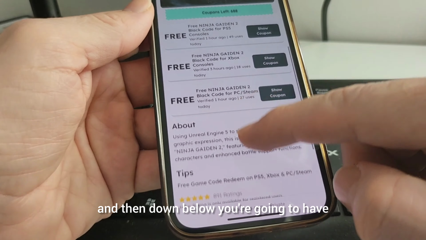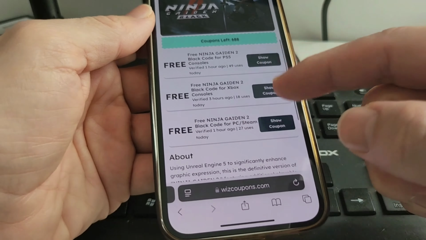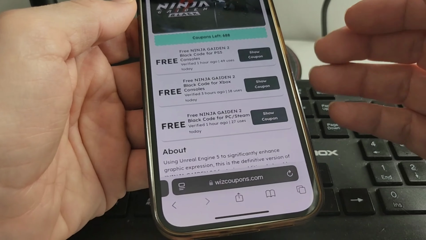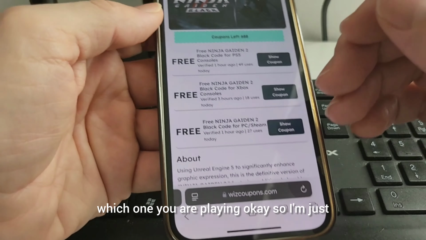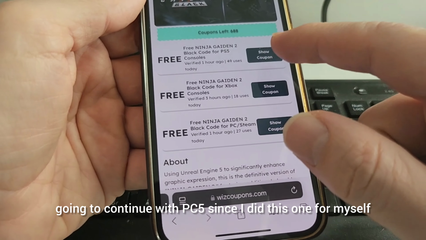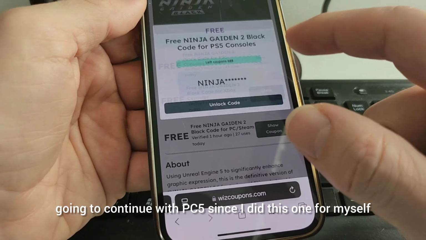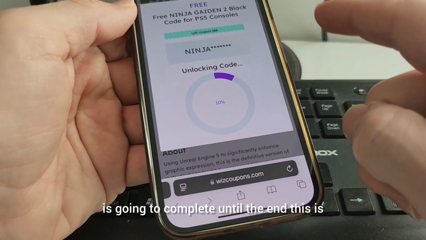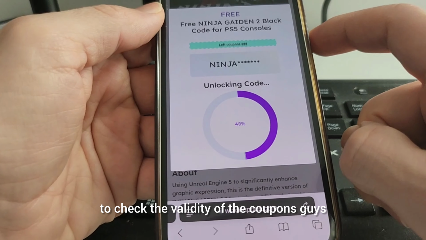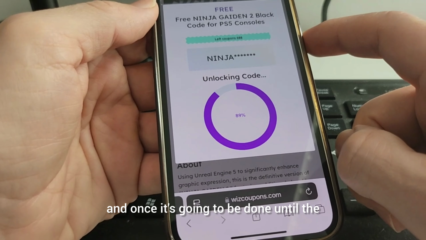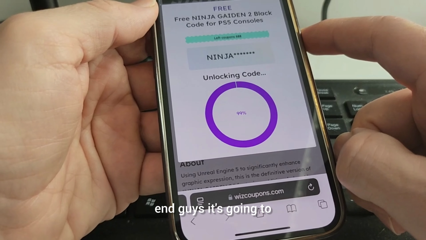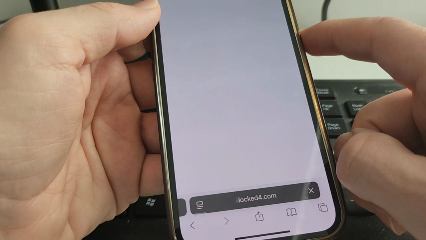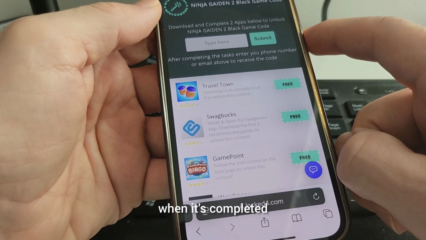Then down below you're going to have different platforms. As you can see, for all the platforms, guys, the steps are the same. So you just need to choose which one you are playing on, okay? I'm just going to continue with PS5 since I did this one for myself, and then unlock the code. You just need to wait a couple of seconds so the whole process completes until the end. This is to check the validity of the coupons, guys, and once it's done, it's going to redirect you to another page